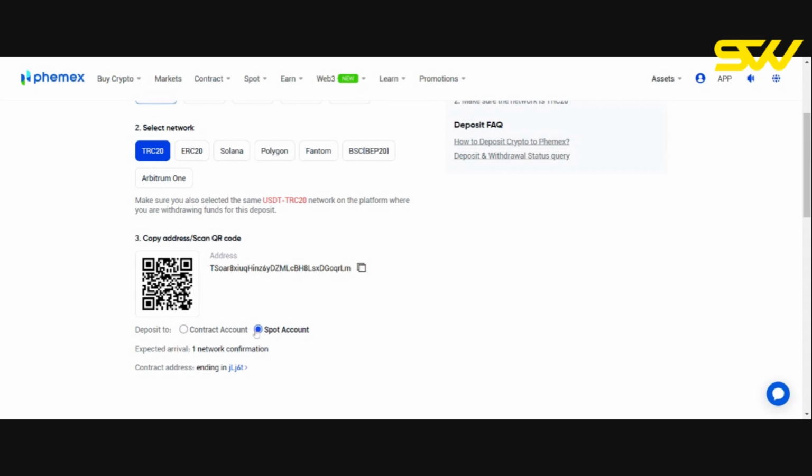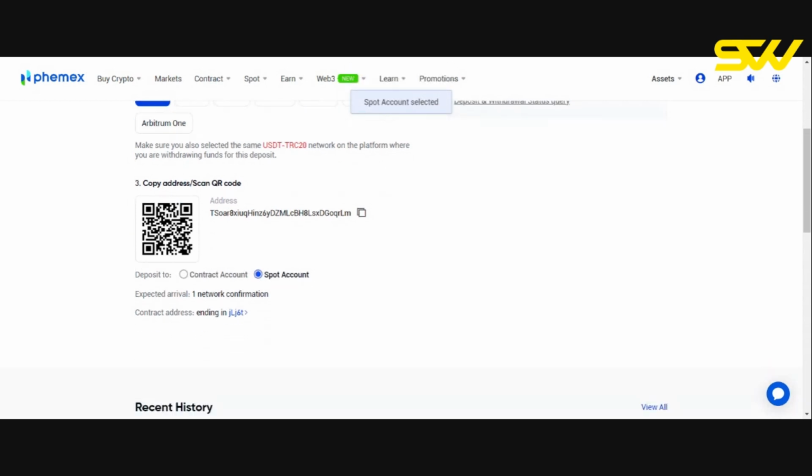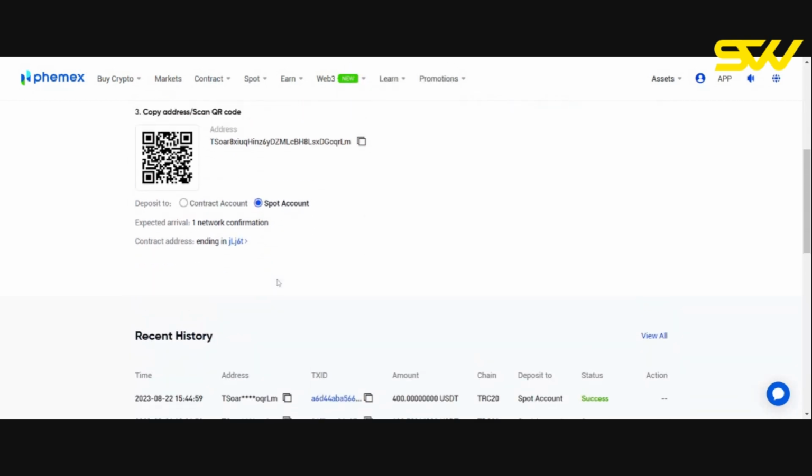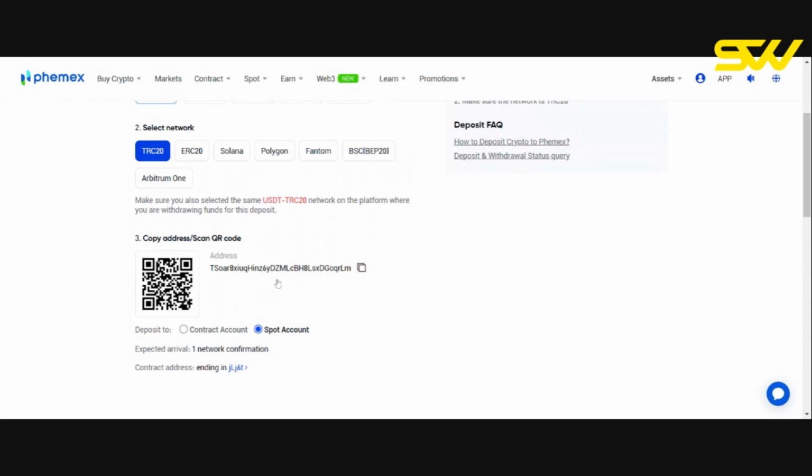If you don't want to end up in your spot account, you can also click to end it up in your contract account. Okay, so once you have this done, here you won't be able to see how much the charges are going to be. Expected arrival means they need to clear one network confirmation before the funds can be received in your account. So this is your address that you're supposed to copy and send to your